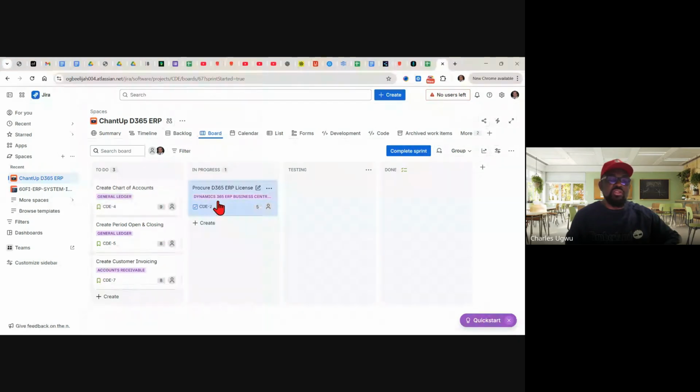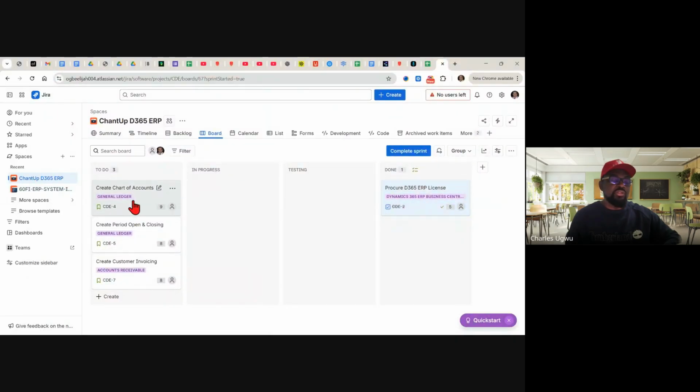So you can say, yeah, everybody, you business analysts, you are part of this, and we're not refining again. We'll finish refining. We'll move this work here, because this is the first thing you need to do. If there is no license, there's nothing to do. So you go around, secure the license for the team to start work, and we put it in work in progress. As long as you have not secured it, you will leave it here in work in progress. As soon as the license is ready, you don't need to test a license. So all you need to do is drag it to done here. And it's done. And every other person, whether it's you working alone or you have other developers, now they start their work because you already have the license.